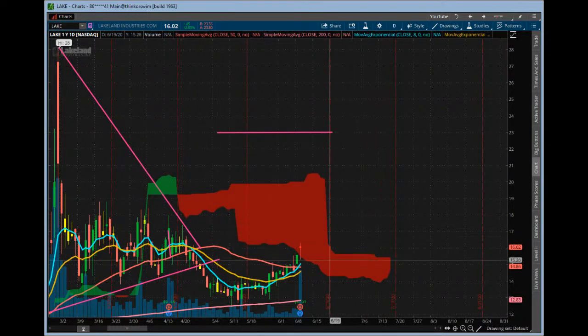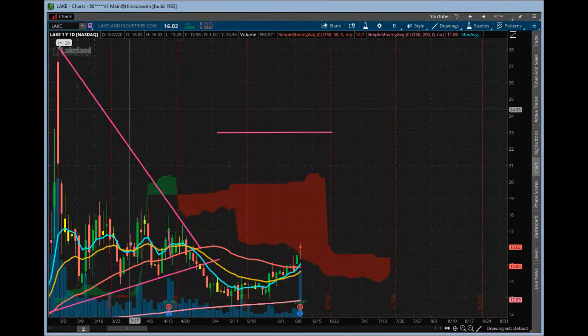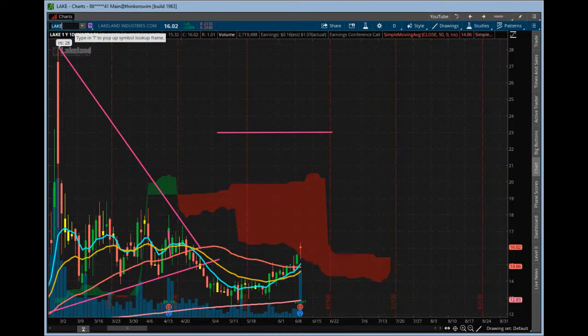So this type of cheapo name, for lottos into earnings, you can consider these, right? Because there's just not a lot of volume on it. That gap up's going to be huge. So anyway, good stuff on that one. Who knows if there's going to be any interest on it? But anyway, good stuff on that.